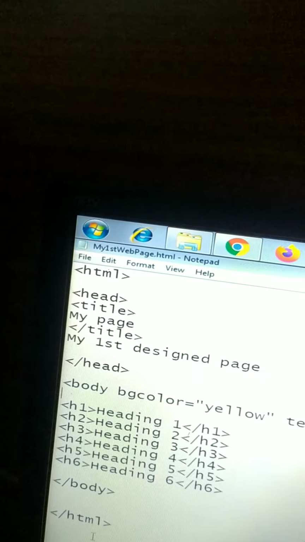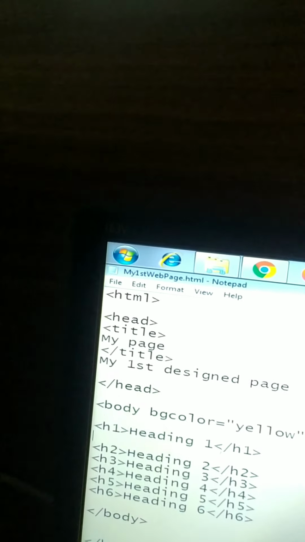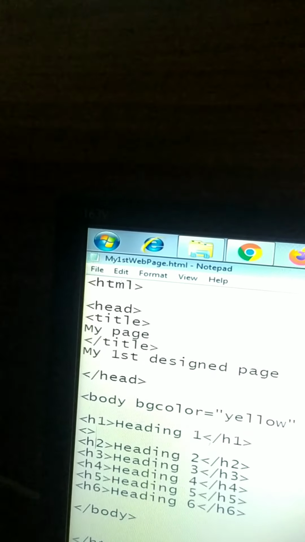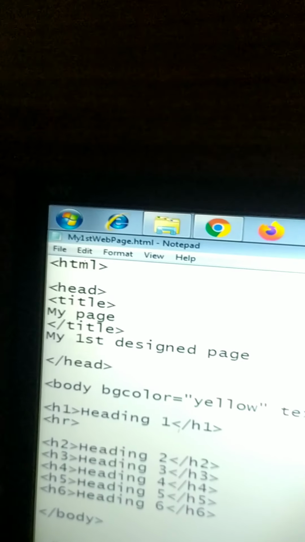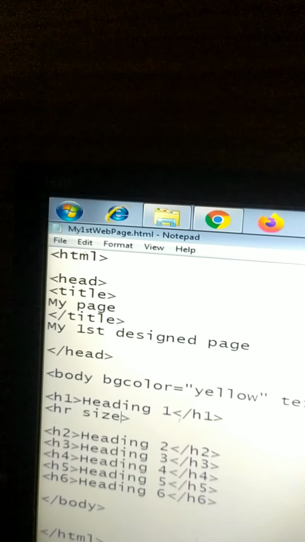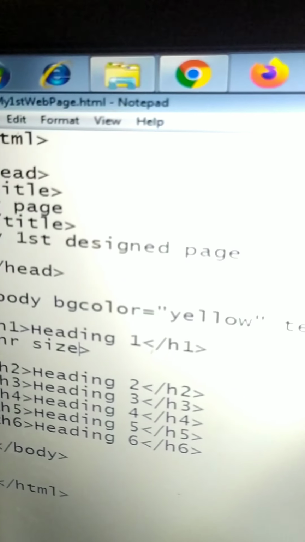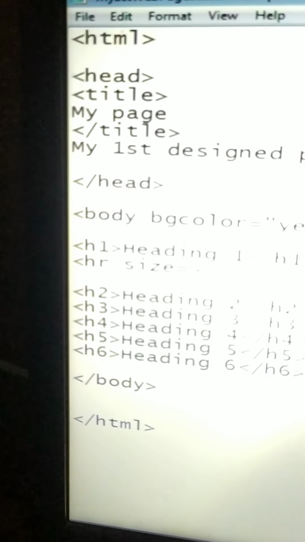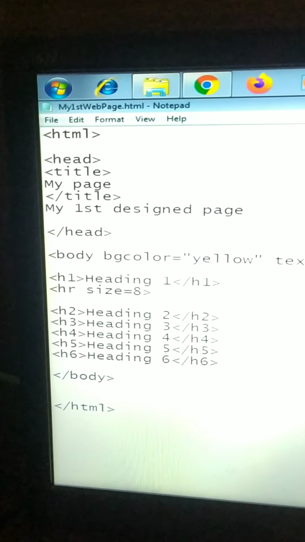The next element is HR, that is horizontal rule. Now suppose over here I have added an HR element, HR size equal to suppose 8, and I'll save my document.